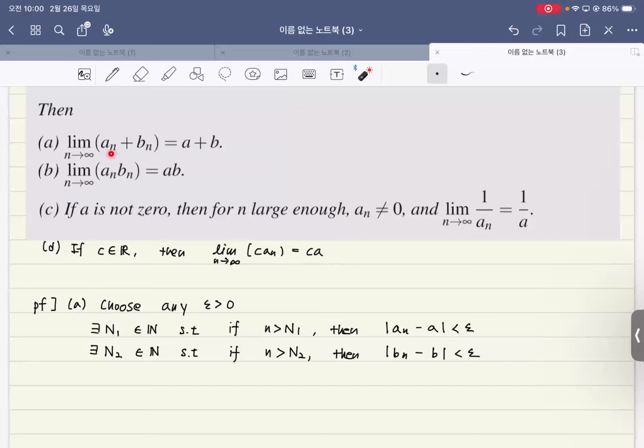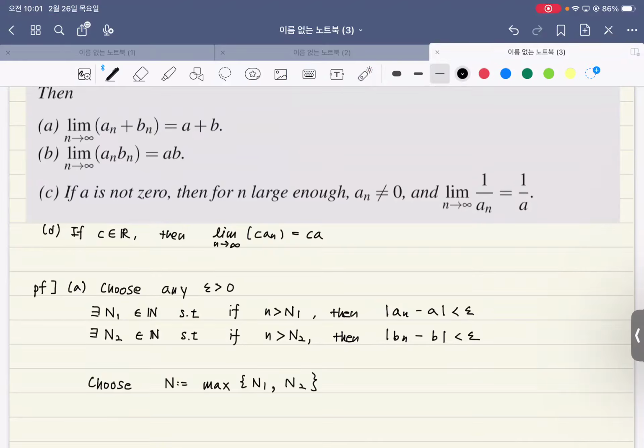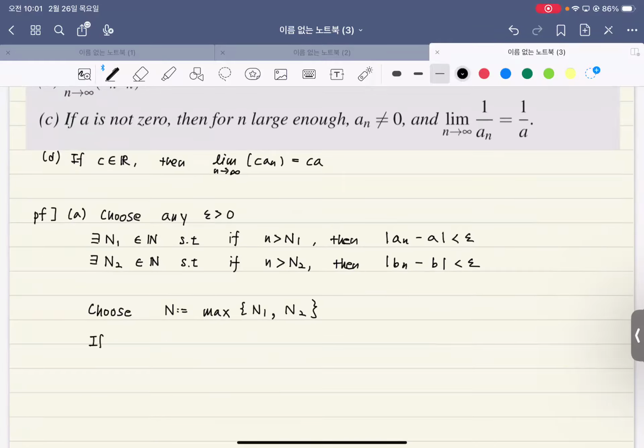Our goal is to show that this sequence is tending to A plus B. So for this epsilon, we want to choose our n. Between these two integers, n1 and n2, there must be one which is greater than or equal to the other. That number I will call n. Choose the greater one between n1 and n2. Then what happens? Then if the index is greater than this number n,